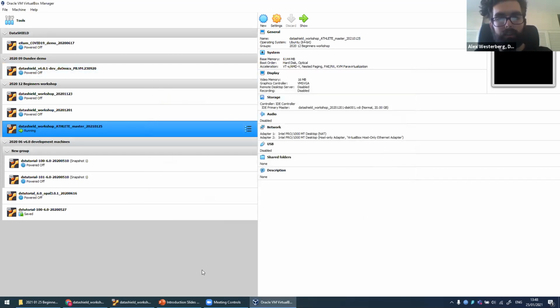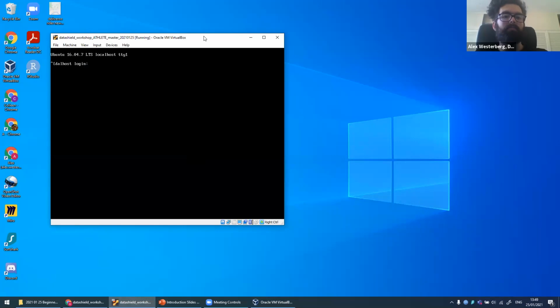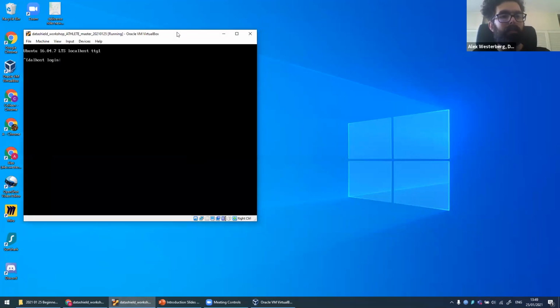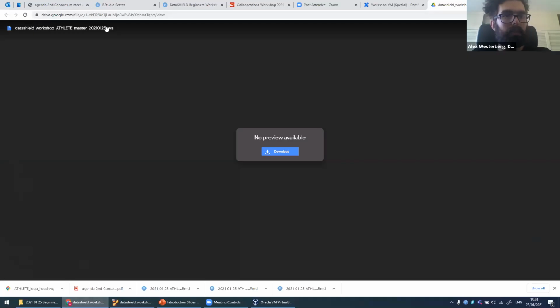So assuming you did all that, then you can left click on the now configured virtual machine and click run. It doesn't say run here because I'm already running it for the purposes of the demo. So when it boots, it will look like this. It's just a very basic computer, and you don't have to go in through this. Instead, we are going to go to